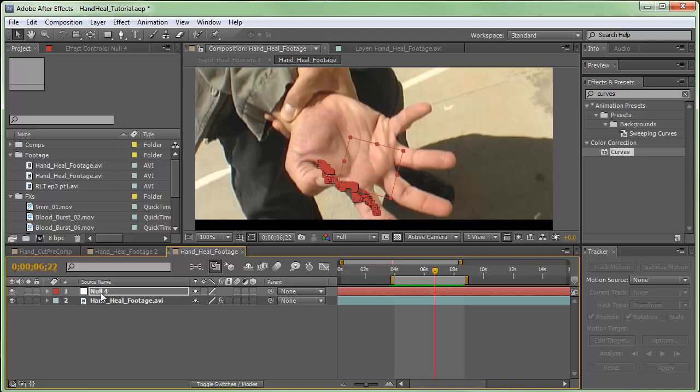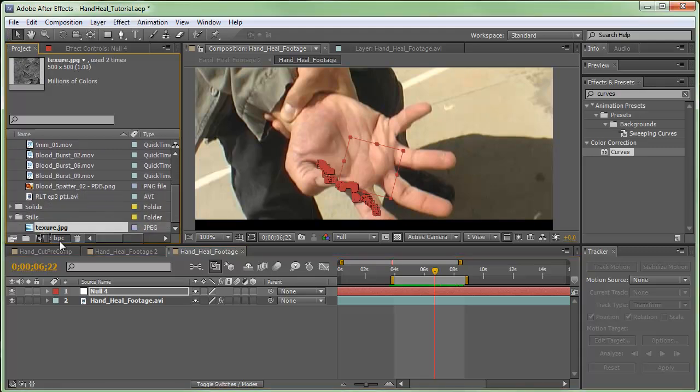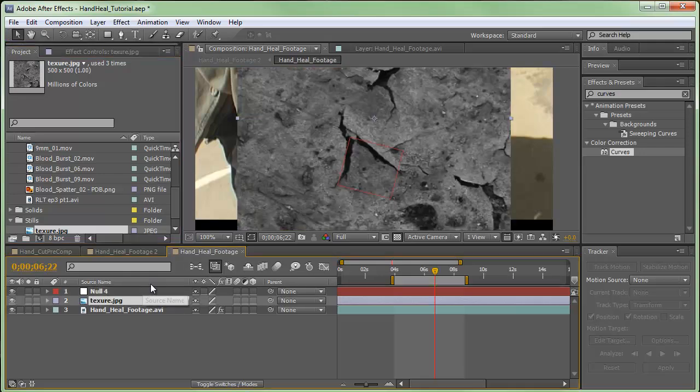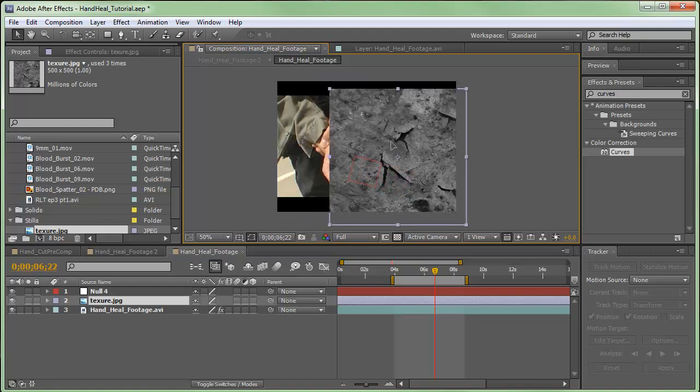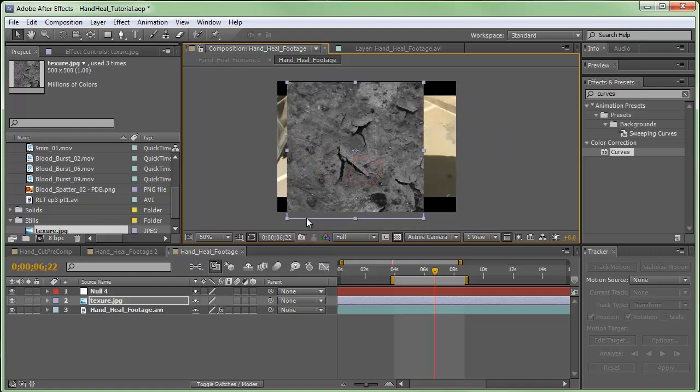So now that we actually have the null object, the next step is to actually start creating the effect of the blowout of the hand from the gunshot. So I'm going to come over here and go to my stills. Create this new texture here, and this is the texture borrowed from